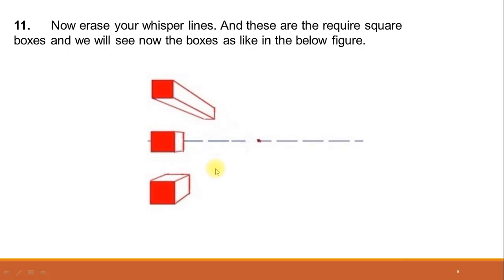Here we draw three square boxes above the horizontal line, below the horizontal line, and on the horizontal line by using 1 point perspective. When we use 1 point perspective, then the shape will be in this form. We see only one side of the square which lies on the horizontal line, two sides of the square below the horizontal line, and similarly we will see these two lines of the square which lies above the horizontal line.